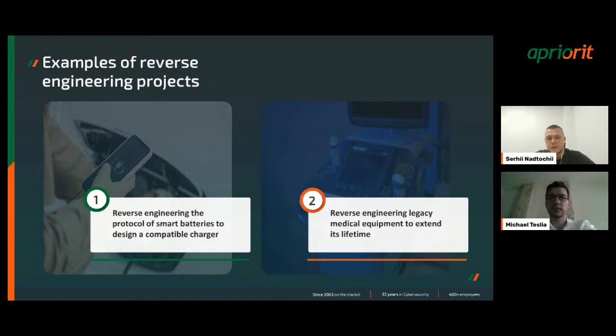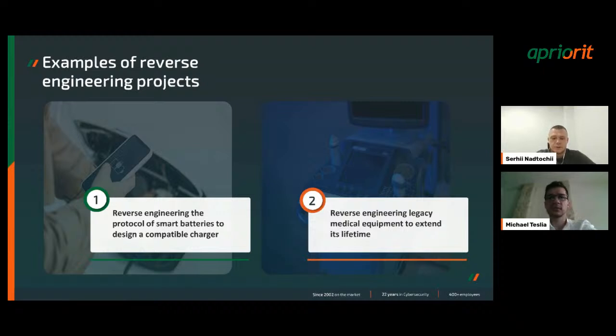The second one, which was already mentioned by Michael, is reverse engineering of legacy medical equipment. The idea here is to extend its lifetime, because it was dropped by the manufacturer, and there are a lot of devices which can still work.